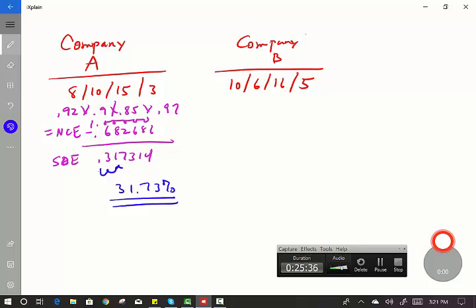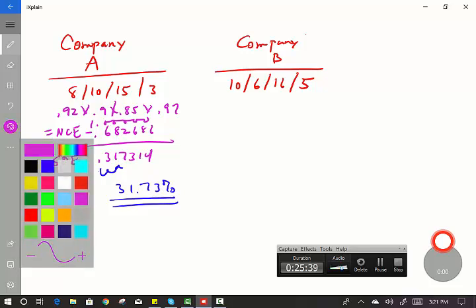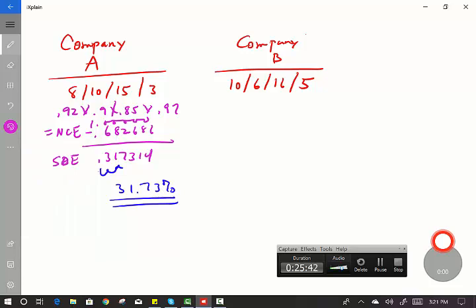Okay, now I want to work on company B. And company B has the complement of 10, 6, 16, and 5, which is 0.9 times 0.94 times 0.84 times 0.95. That's going to equal a net cost equivalent of 0.675108. I'm going to subtract that from a whole number of 1,